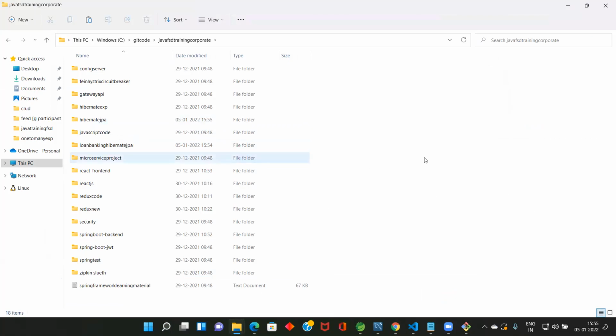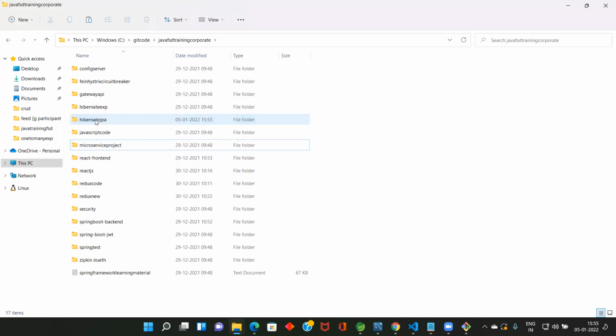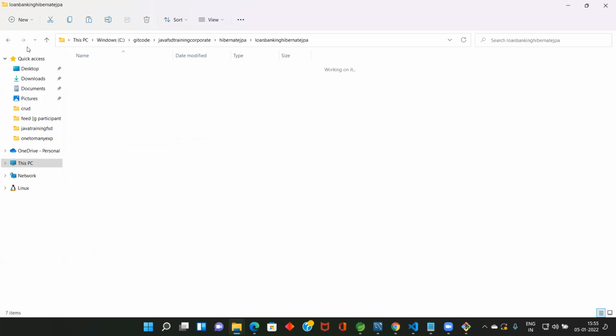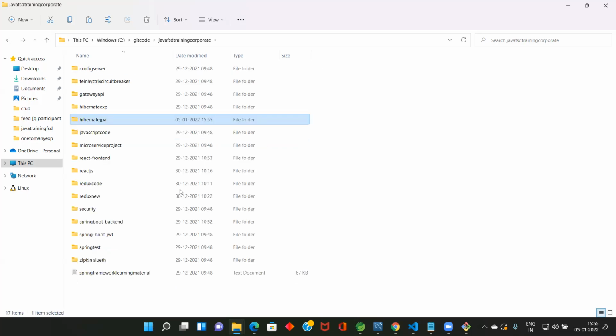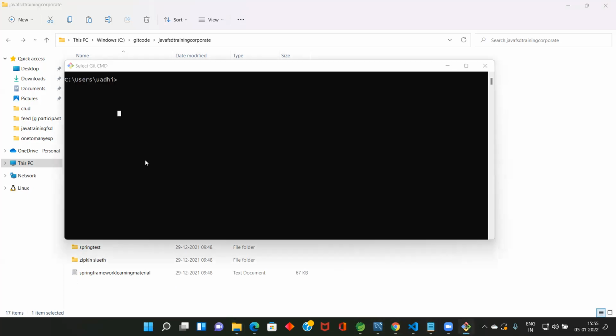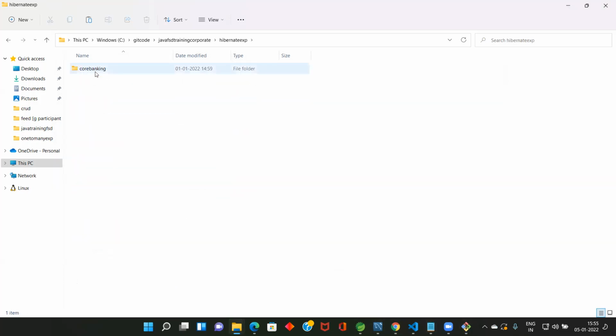So inside that, Hibernate example, Hibernate JPA, I'm going to push the code. So this is what's going to have my code. Now if you see, is there anything called Hibernate here? Hibernate example here. Don't confuse with this one, Hibernate example, core banking.